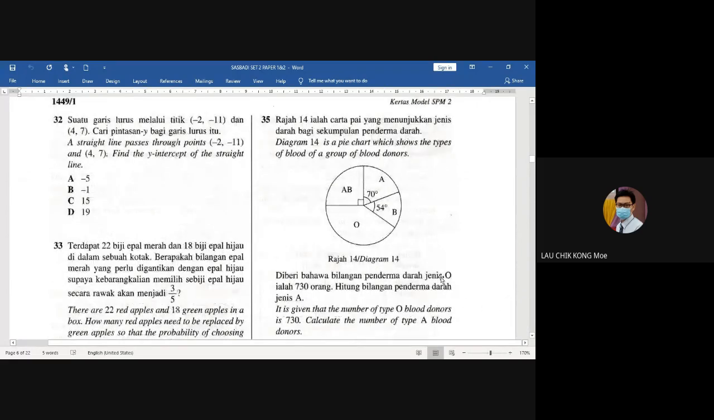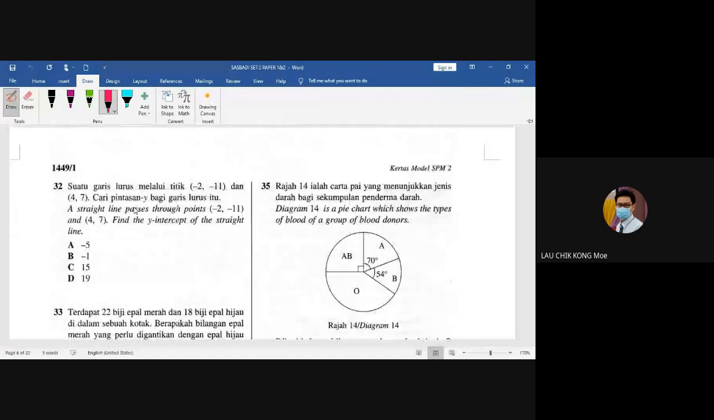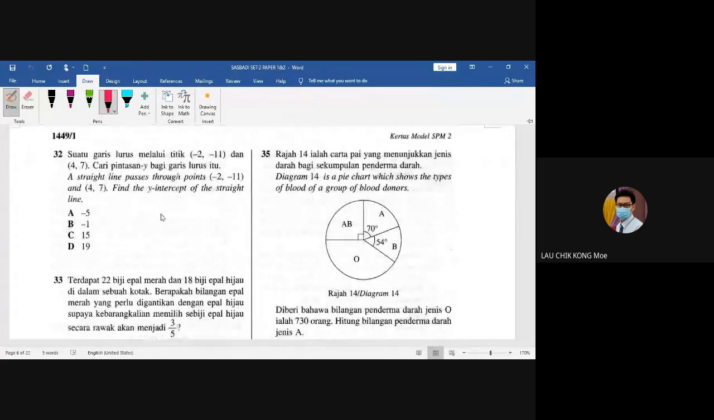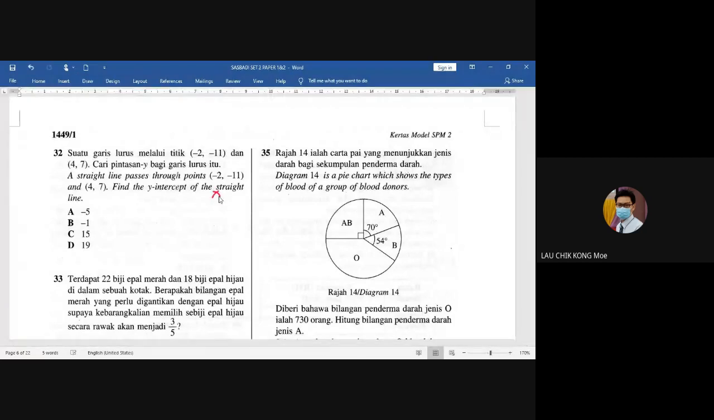Okay, we continue set 2, paper 1, question 32. The question says a straight line passing through the points (-2, -11) and (7, 4). So maybe we put this as x1, y1 and this as x2, y2. You are given 2 coordinate points, and then you are asked to find the y-intercept, right? So maybe we try to